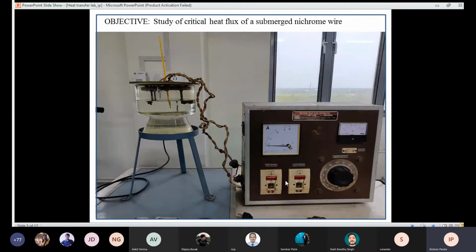So you have the control over here, right? Through this ammeter and voltmeter, which will measure the current flowing through the thin wire, the ammeter will measure the current flowing and the voltmeter will show the potential across it. So you know at any given point of time how much heat is generating in this thin wire. So you know how much heat input you are giving to the system, and you visually look at what is happening.